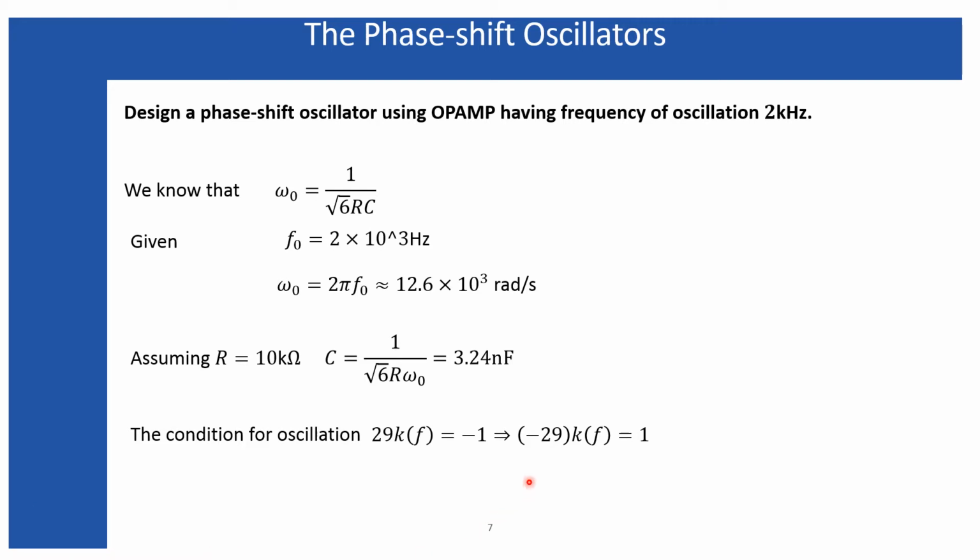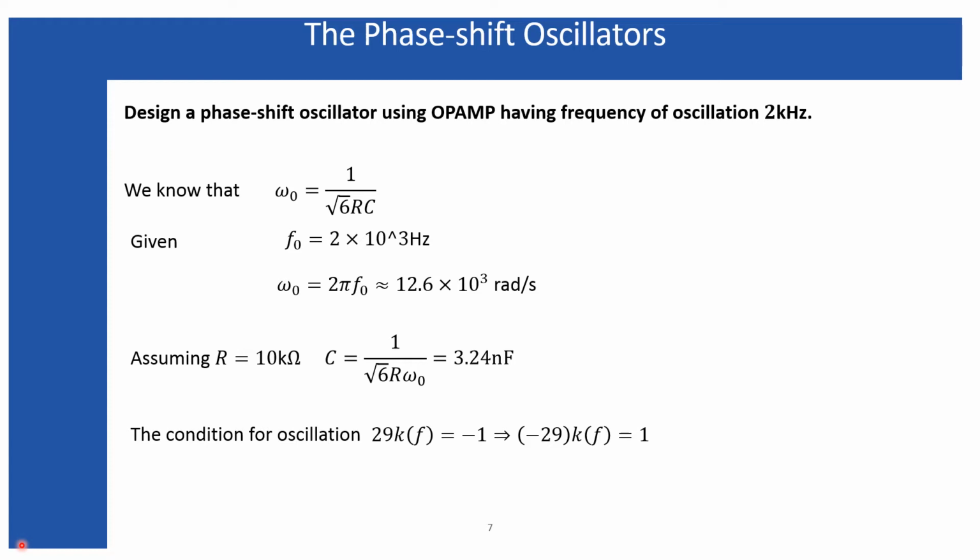So that is why this A naught I am considering as minus 29, so that I am going to design the base amplifier which has the gain minus 29, and by designing the base amplifier having this minus 29 gain, I am simultaneously satisfying the requirement of the condition of oscillation, that means the gain should be 29 and the output and the input will differ by 180 degree. So the initial difference between the output and input should be 180 degree, and the additional 180 degree phase difference will be provided when the signal will pass through the feedback network.